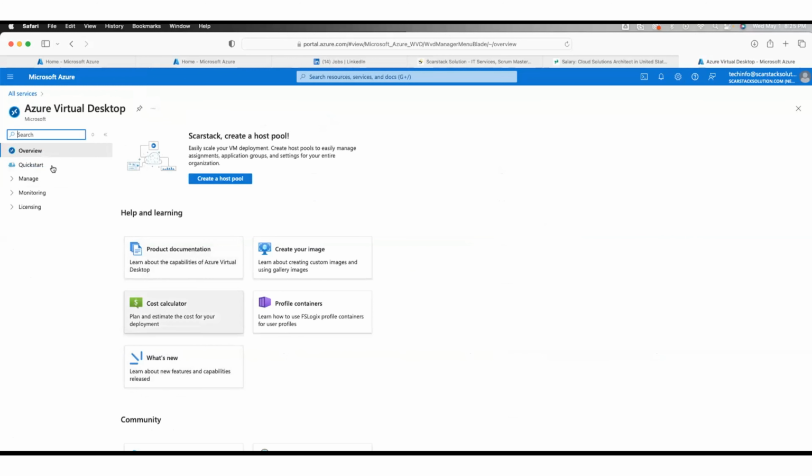And here, what I'm going to do is start off with what we call a host pool. Now, the host pool itself basically is